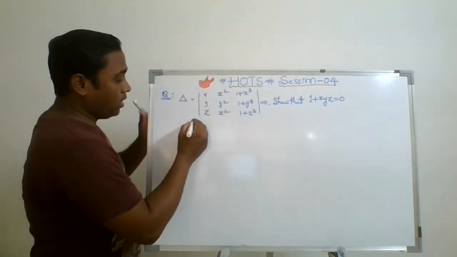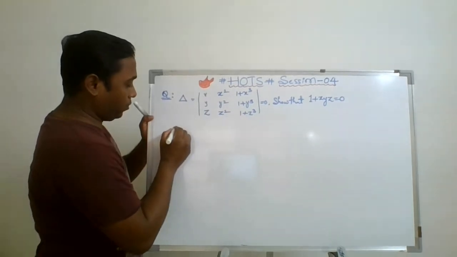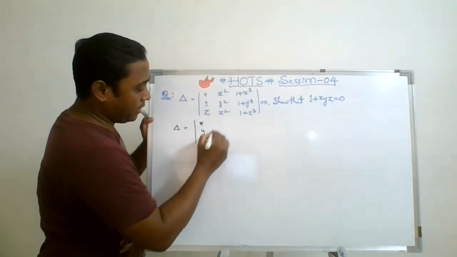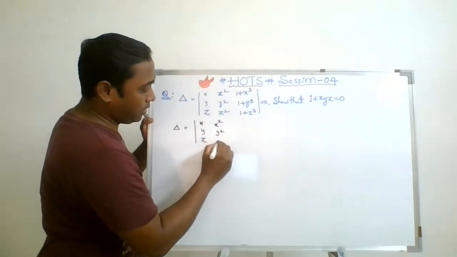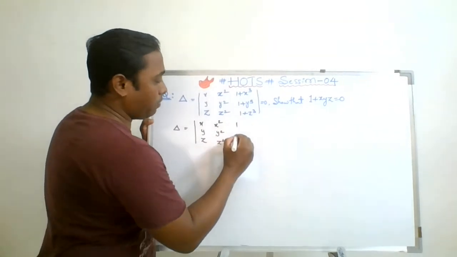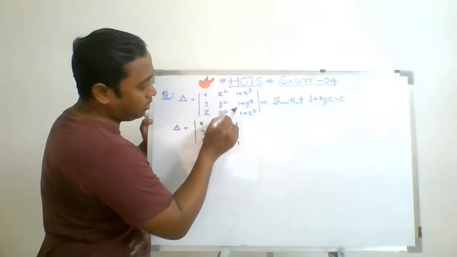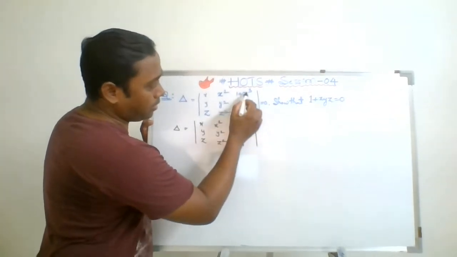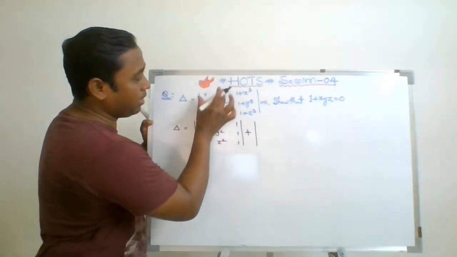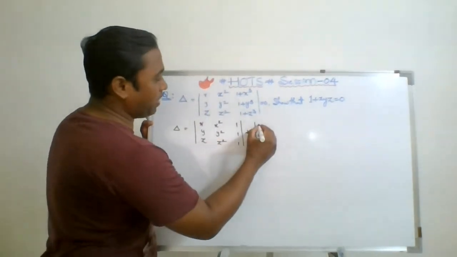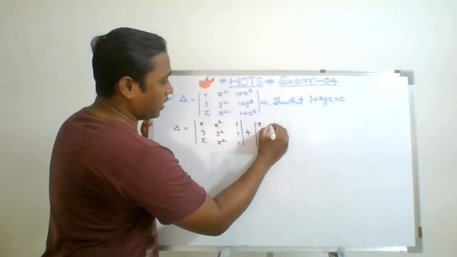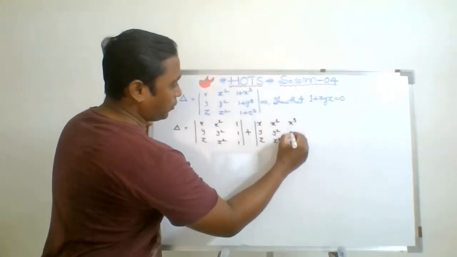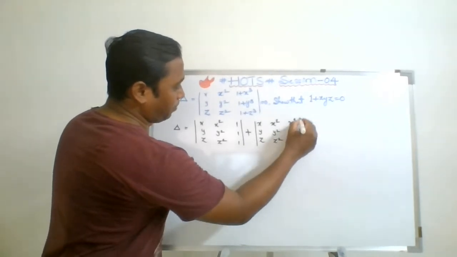Let us say this is there, so I am splitting this determinant into two parts. One is x, y, z, x square, y square, z square, keeping the first set of elements in the first determinant, plus the second set of elements in the second determinant, keeping the rest of the columns the same: x, y, z, x square, y square, z square, x cube, y cube, and z cube.